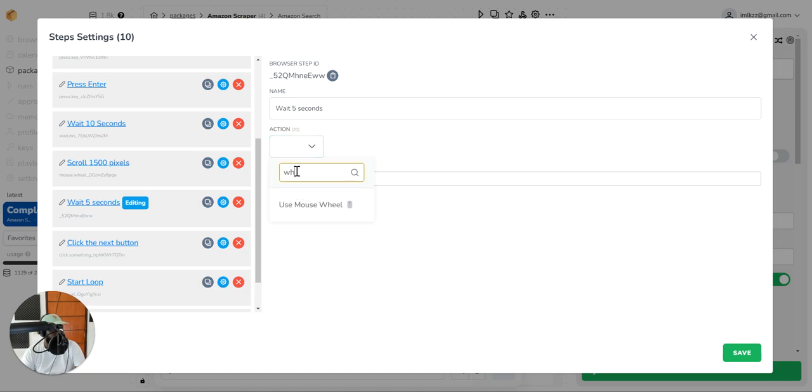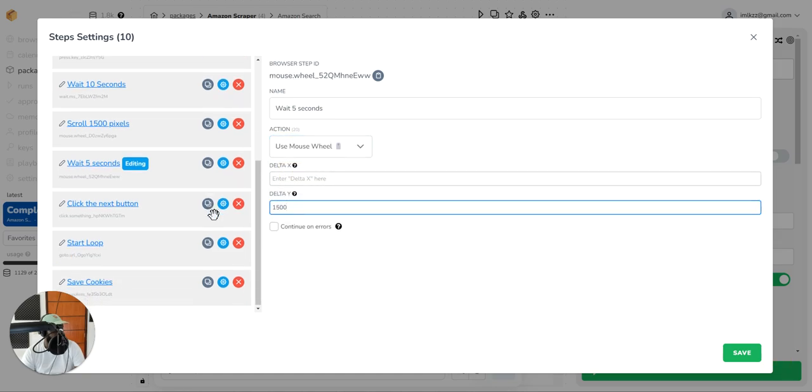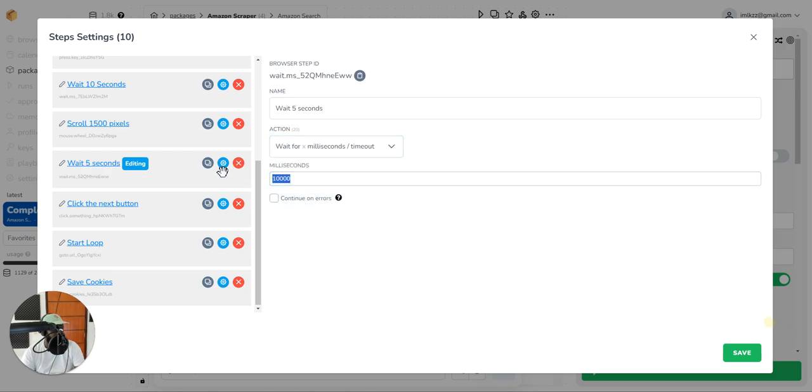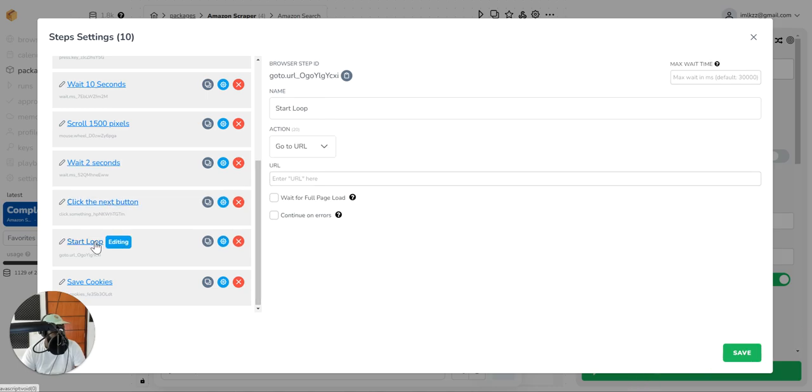Wheel, okay, wheel. Wait, what am I doing here? Oh yeah, we want to wait 5 seconds here, sorry. All right, or 2 seconds, let's do 2 seconds. So we're waiting 2 seconds and yeah, so we click the next button and then let's start the